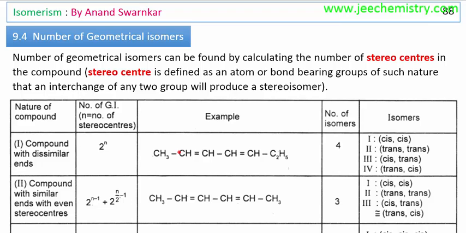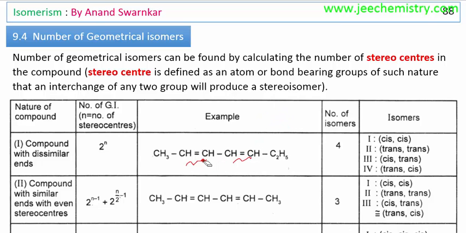First of all, you have to know what a stereocenter is. We will learn about stereocenters in detail in optical isomerism, but here is also some concept of stereocenter. In geometrical isomerism only this type of stereocenter is there. But in optical isomerism, if A, B, C, D are all four different, then this is a stereocenter. But here we will learn only about geometrical isomers.